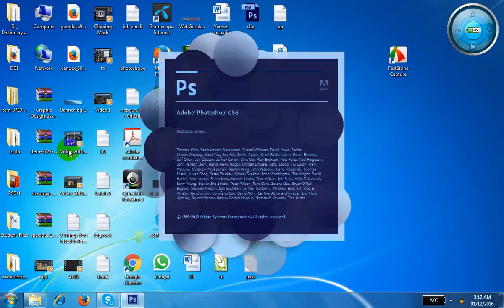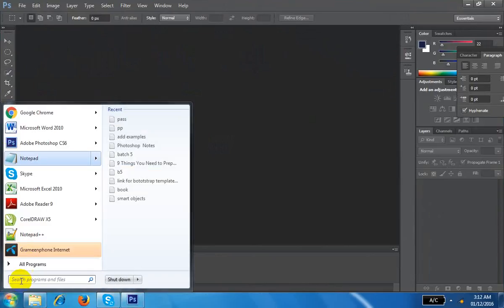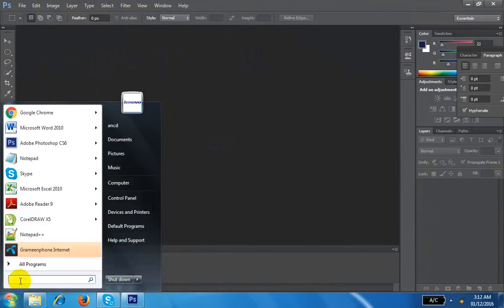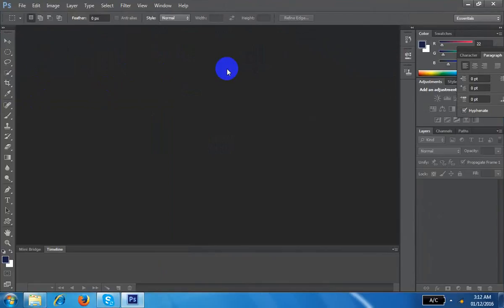So same thing, you know how to start Photoshop. You can go here and start Photoshop. Second one, you can also write here. Everybody knows this. Write Photoshop, PHO, and you can find your software. Understand? Suppose this is the basic structure. Everybody knows this is the layout of Photoshop.